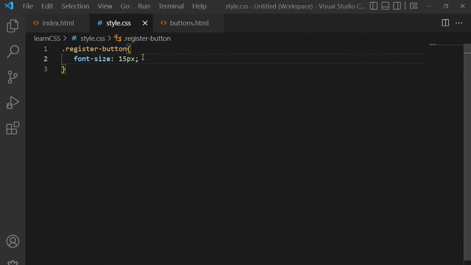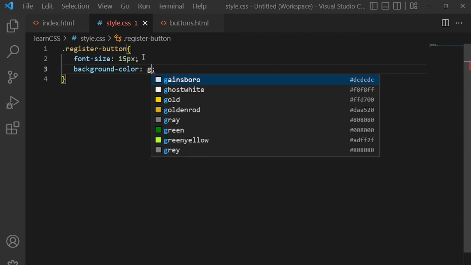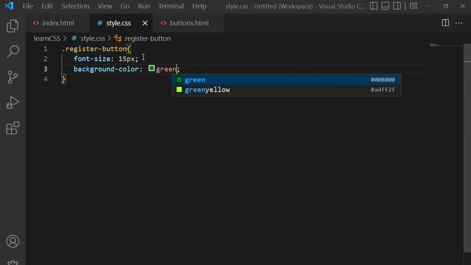Let's go on. I'm going to give it a background color. So let's put background color, and then I'm going to give it a green color like this. Then let's go back to our browser and see, and as you can see, green has been applied to our button,